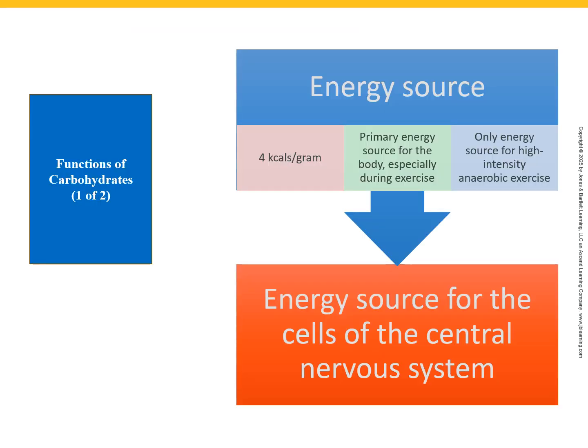What's the function of carbohydrate? Well, we know that it's necessary for our nervous system, and the amount that's required, that recommended daily amount, is what's needed by the brain. And so we have a relatively small amount that's required. Although for an athlete, and for performance and recovery, we need more than that amount. It's important to remember 4 calories per gram, and also as a reminder that it's really the primary source for high intensity anaerobic exercise.